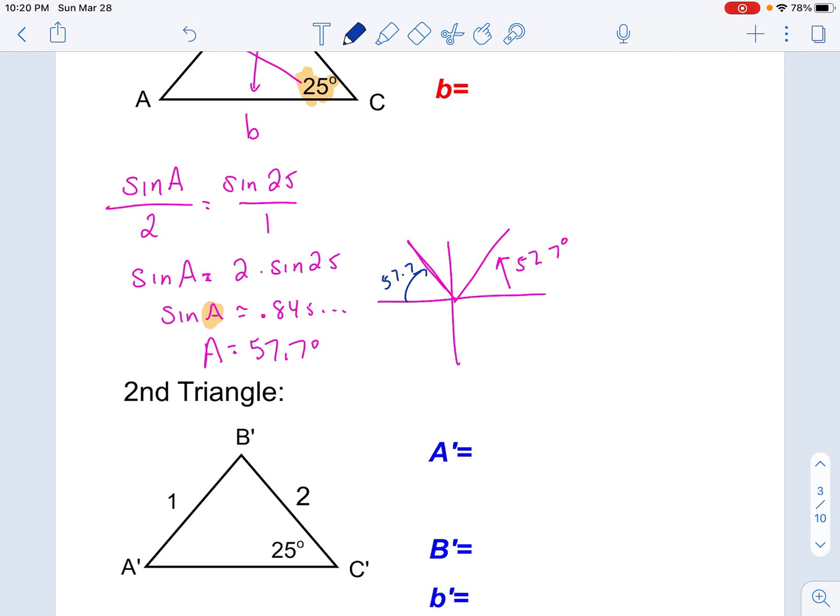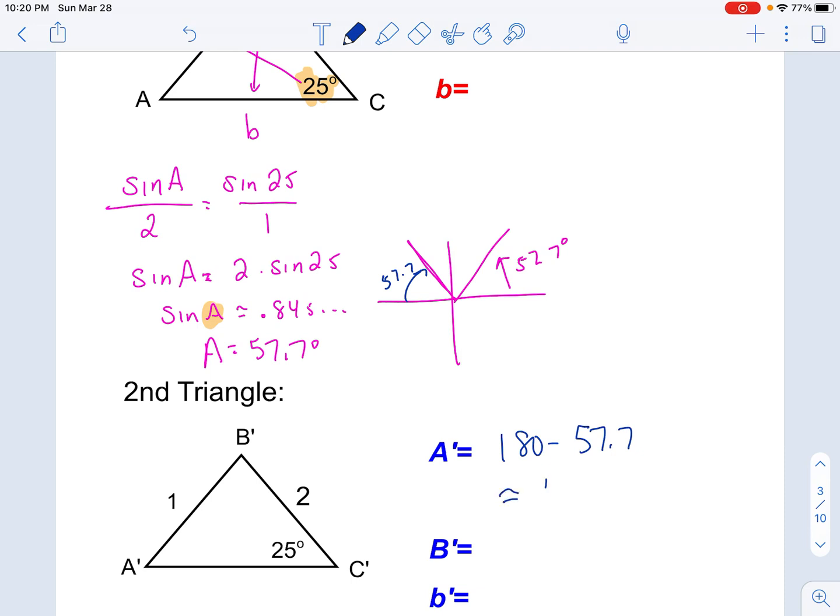To find, we're going to call this A prime. So the first triangle is just going to be A, B, and C. The second triangle I'm going to call A prime, B prime, angle B prime, and then the side B prime. It's just another way to reference a different triangle, but we're going to keep the A, B, and C in the same spot. I have to just do 180 minus 57.7